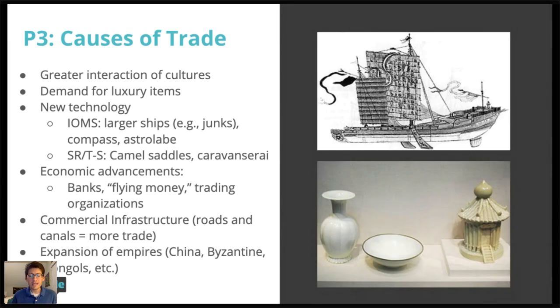The Mongols, on the other hand, had control end to end of the Silk Roads, and so they really affected trade in that region. Now, beyond the Silk Roads, the Mongols don't really extend their power into the Indian Ocean. They don't extend it into the Mediterranean. So they don't expand it to the Trans-Saharan network. So those trade networks still basically continue on. But the Silk Road really reaches its height under the Mongols because of some of their policies regarding trade and their support for trade across their empire.